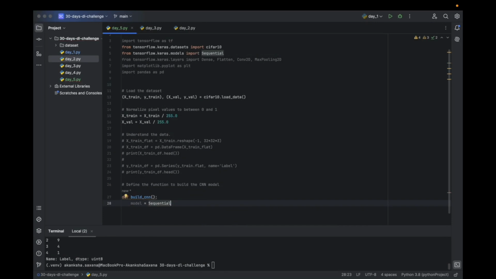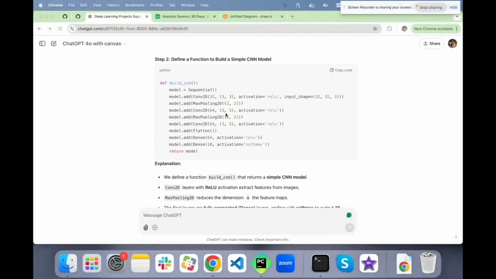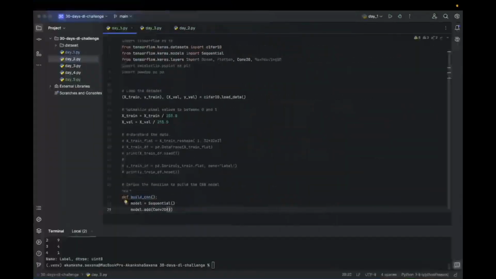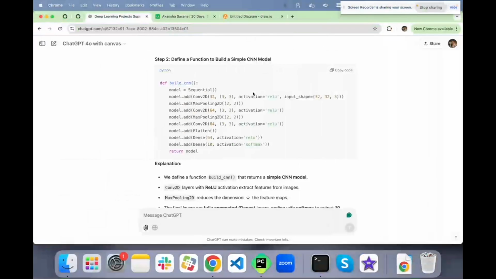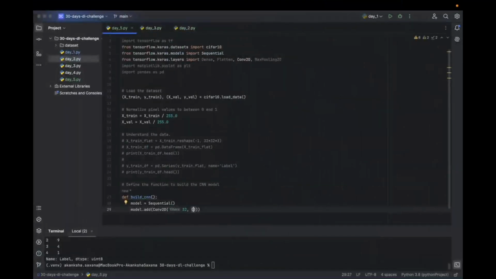It is a sequential model, and we will add layers. The first layer is going to be a convolutional 2D layer, and here we mention how many neurons we want. We want 32 filters, and the size of the kernel is 3 by 3,